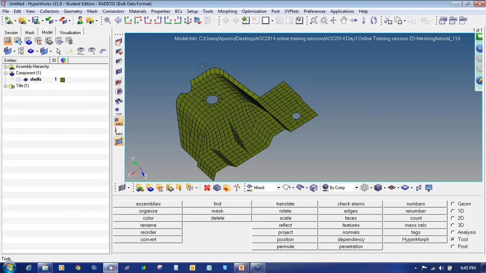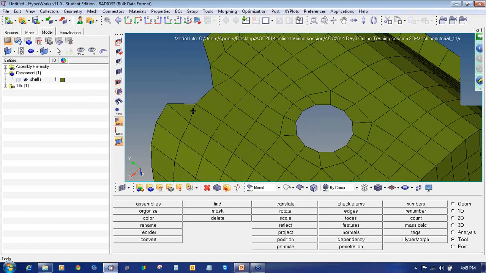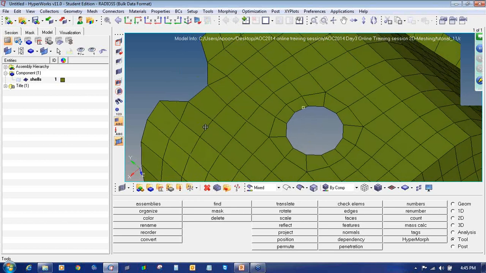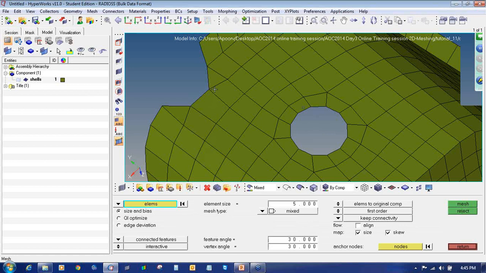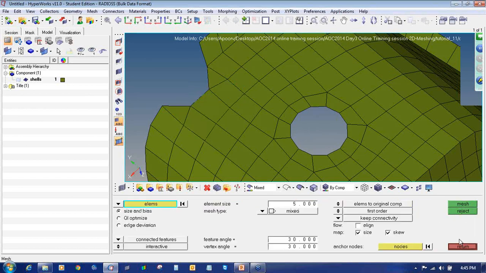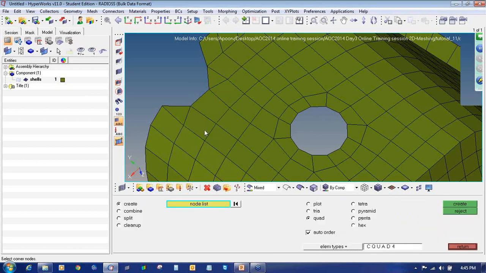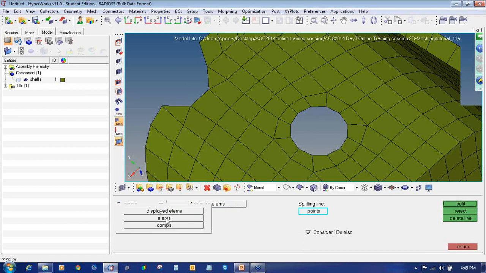Now we will see how to remove, as we have discussed in the theory portion, that the trias should be avoided along the corners. So how to remove these trias? So there are two options. First is you can go to elements, select these elements, and if it's not getting converted, you can press F6 from your keyboard, go to split.